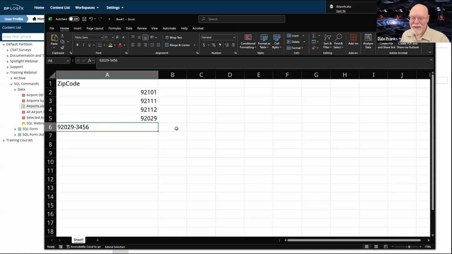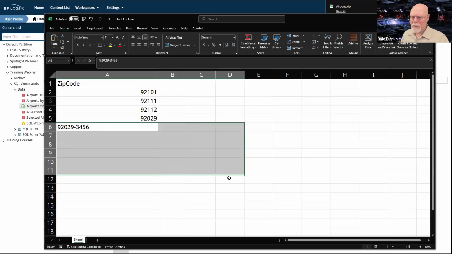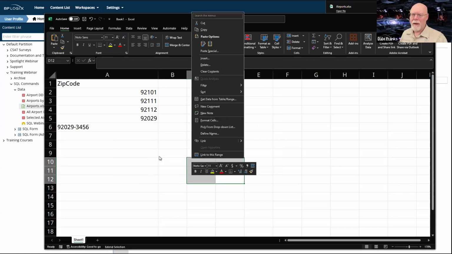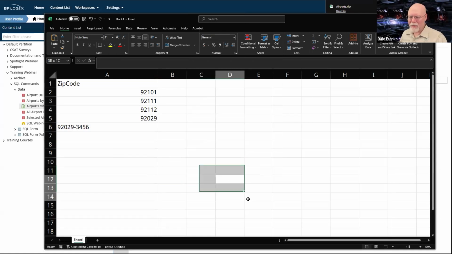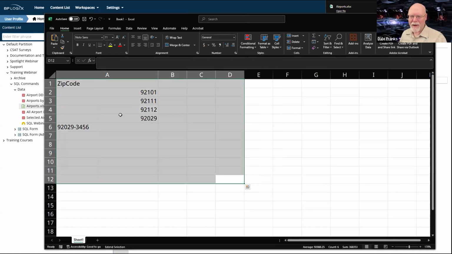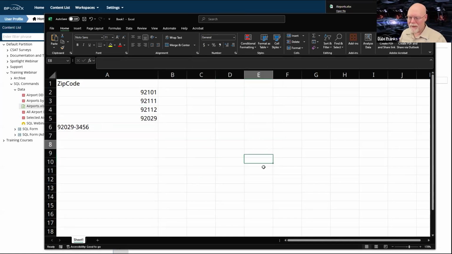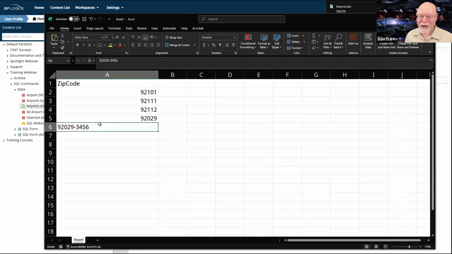So is that text or is that a number? What is that? And why is my mouse selecting everything? Okay, what have I done with my mouse that makes it select everything? I'll hit escape. Does that fix it? Apparently it does. I don't know what I had set up there.